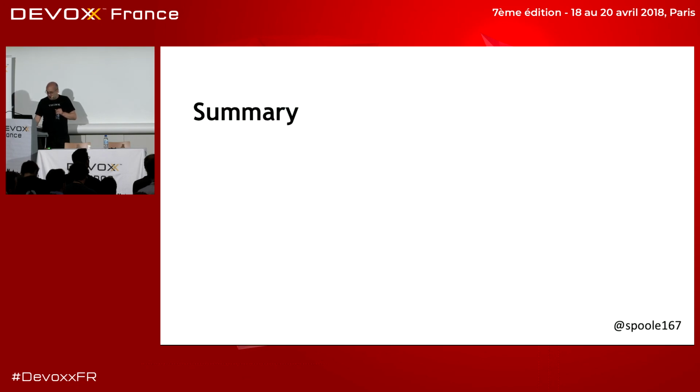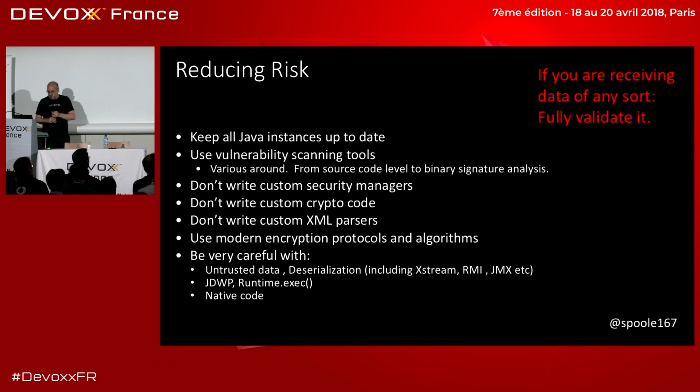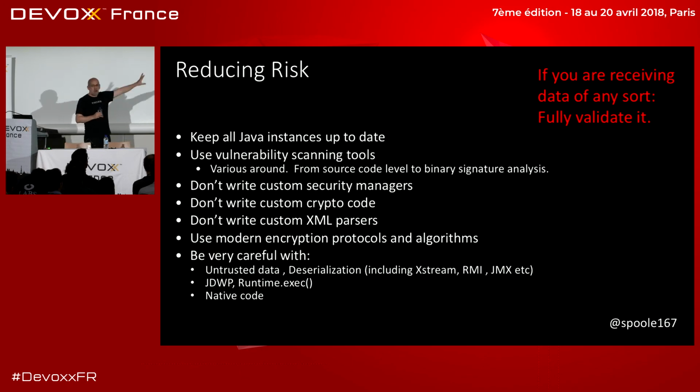So, just the last few minutes, there are some basic things you can do. One of the things you've got to do that's unpalatable is think about updating your code, your dependencies, the versions all the time. People get very unhappy about the idea of having to apply fixes. But basically, if you don't apply fixes and somebody knows you've got an old version of something, you are at risk.